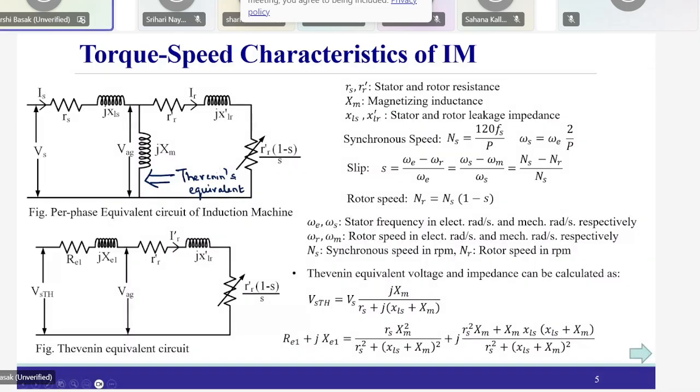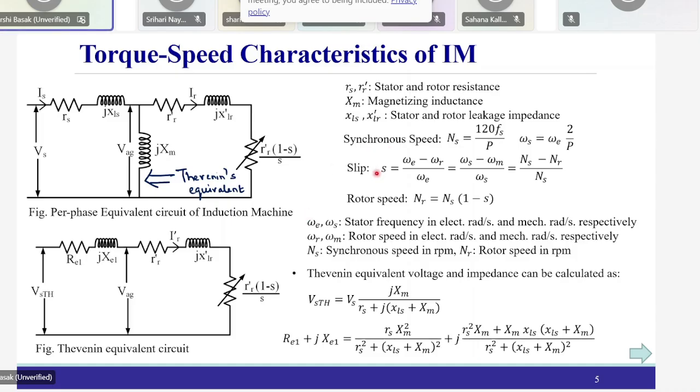Okay, so corresponding to the Thevenin equivalent, this will be the circuit. So this is a Vs Thevenin, which you can obtain by using this relationship. Okay, and the Thevenin impedance is provided by this relationship. Right. So now we have